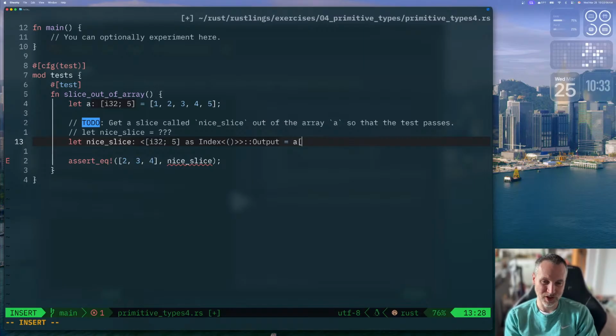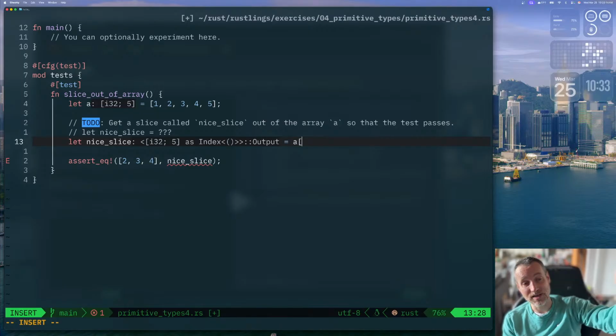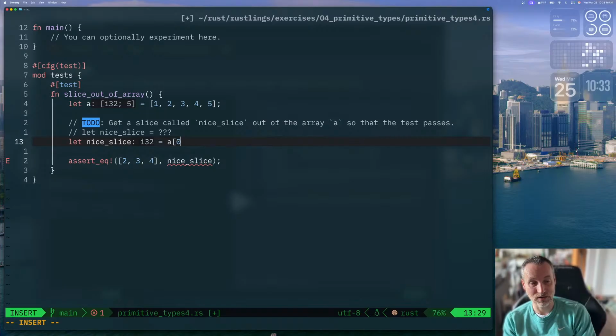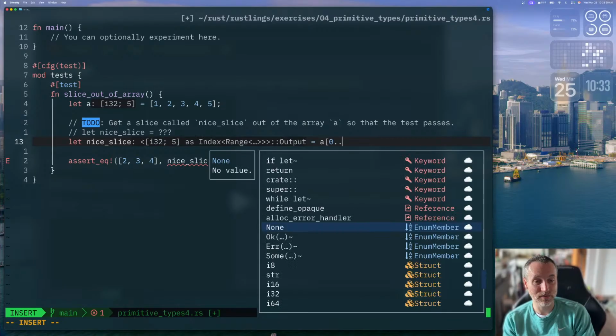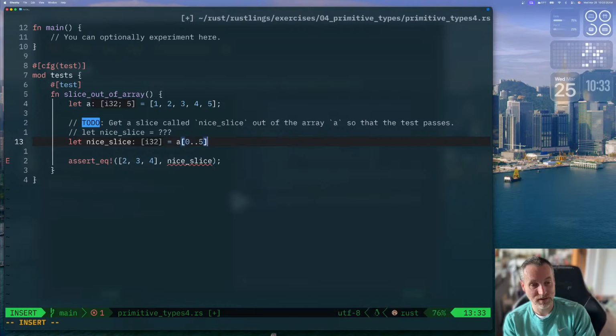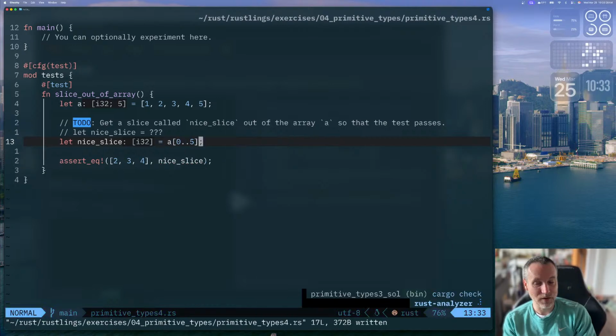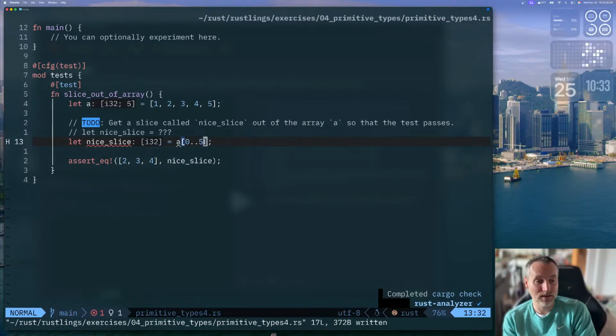There's also open-ended ranges. For example, this is all indexed by 0. So if I want the same exact array, I would start with 0, and then go up to the very end of the array, which would be 5 here. That would be the idea. Now that doesn't work. Actually,